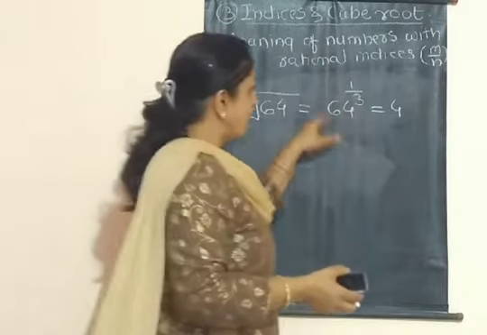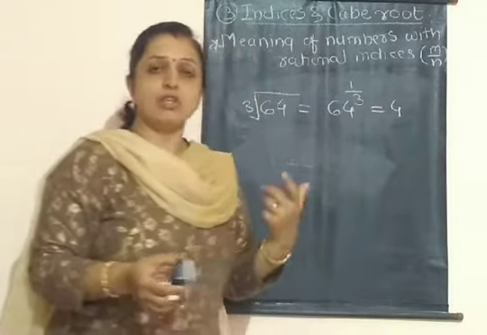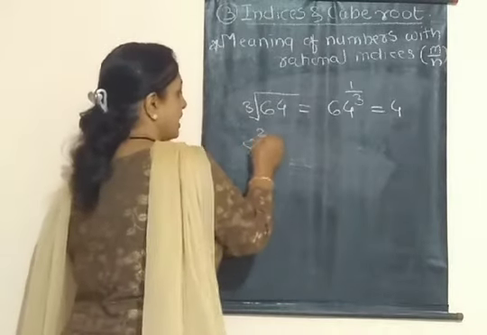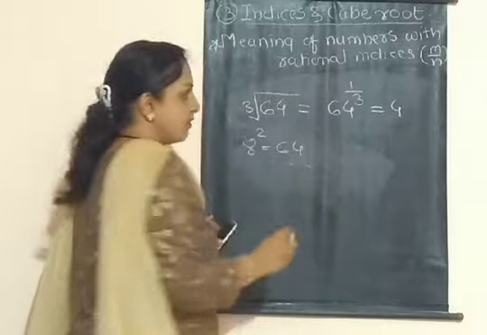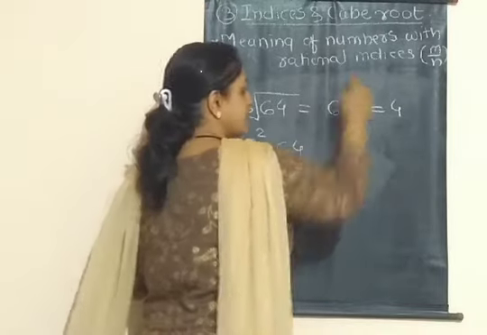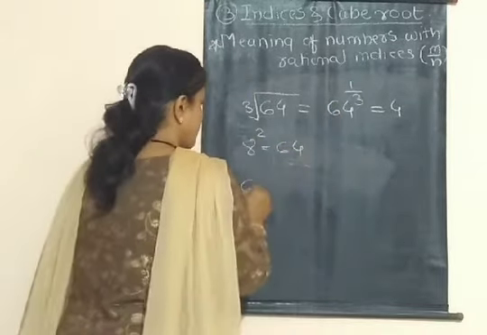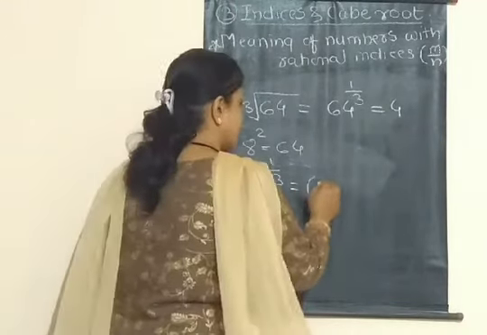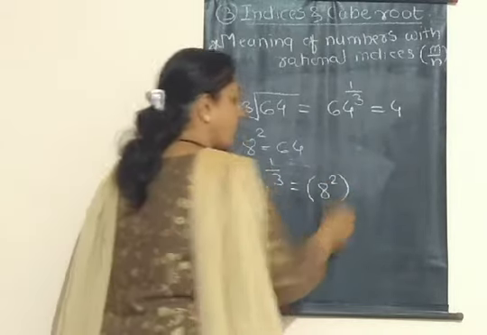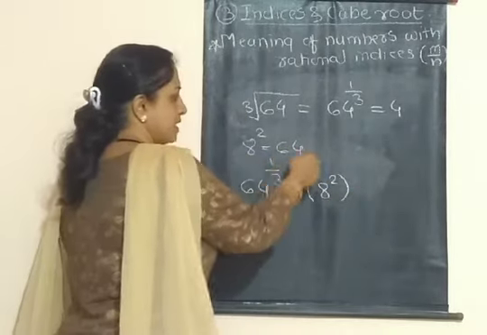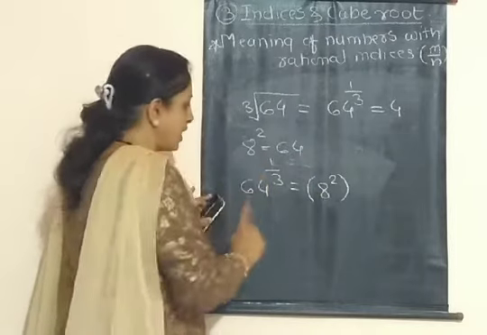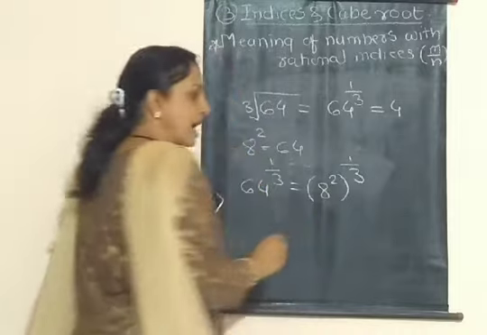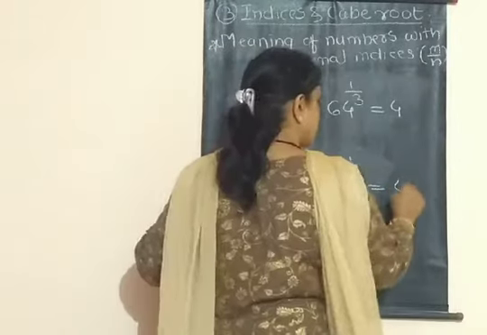In the last lecture we studied all these meanings. Now see here, what is this number? 64, and we know that the square of 8 is also 64. So you can also write this number in a different form. Suppose 64 raised to 1/3. How to write this number? 64 is nothing but the square of 8, isn't it? And this 1/3 as it is. The answer is the same, that is 4.